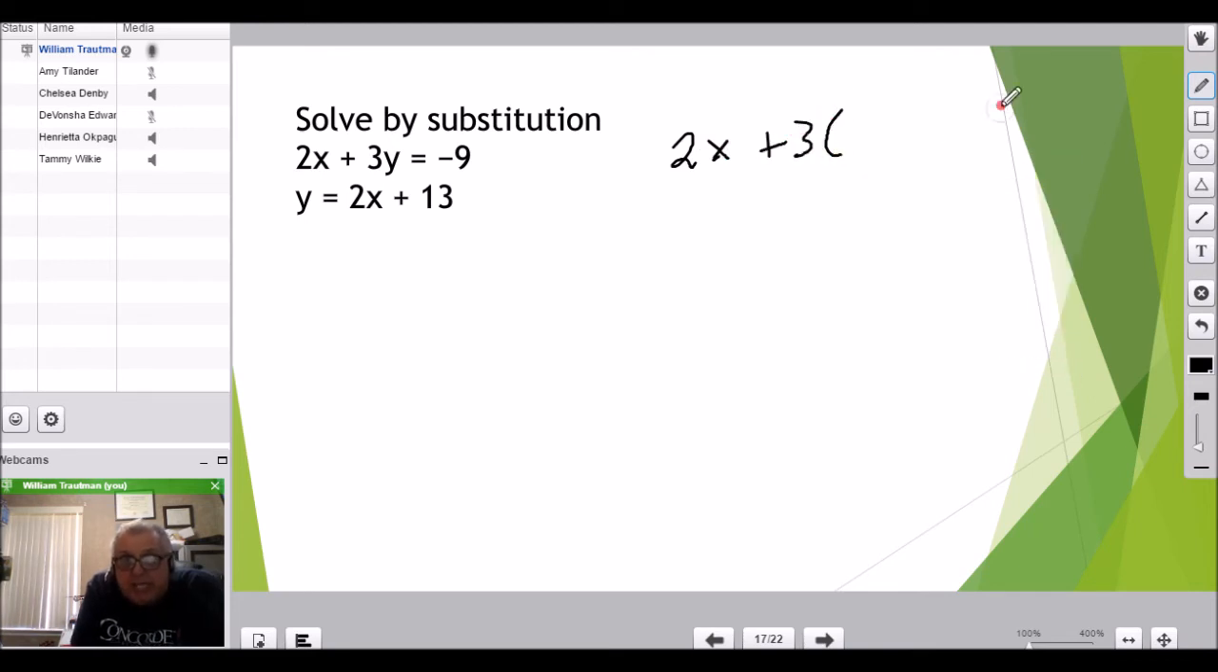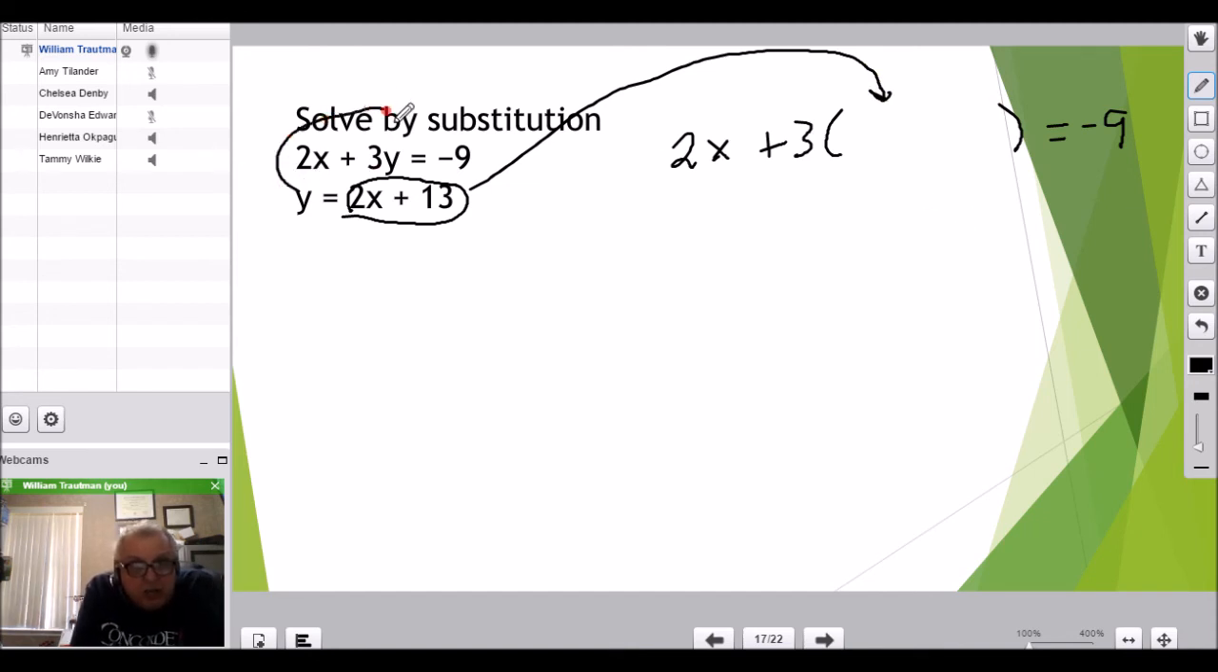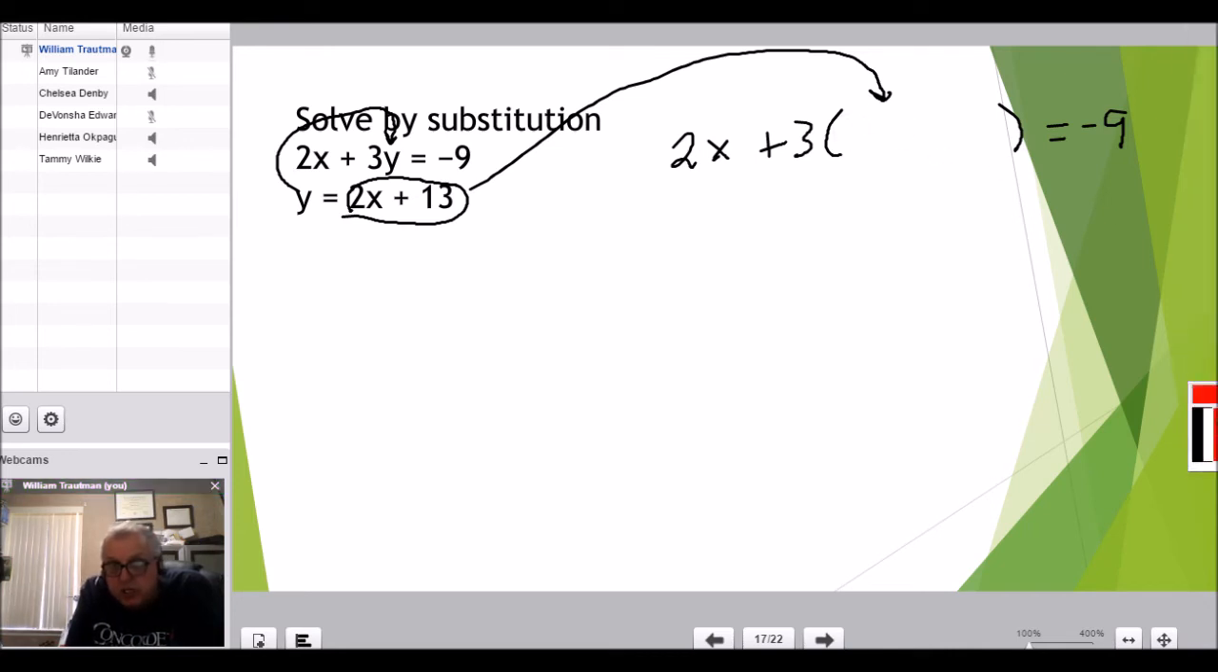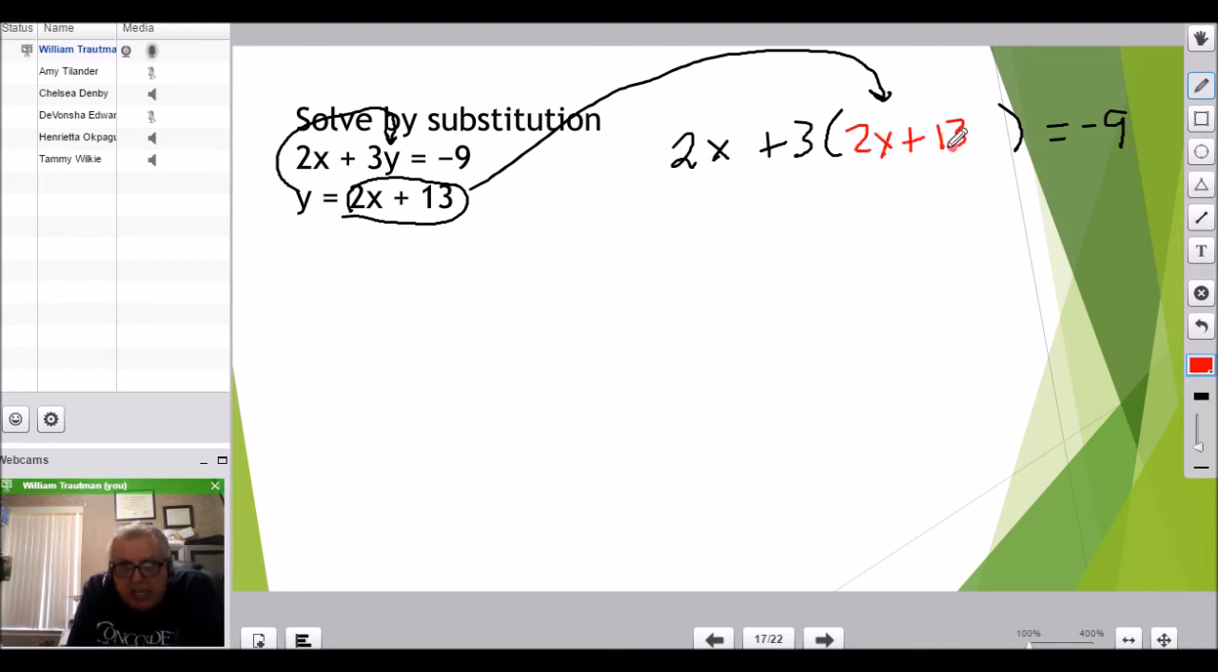So I'm going to put a big gap here for y equals negative 9. Because I have y equals, whatever y equals, I'm going to actually put into the y there. I'm just substituting whatever y is into the y. That's why it's called substitution. And I'm going to put the 2x plus 13 in there in a different color. And if you notice now, we have all x's in this equation, so I can solve for